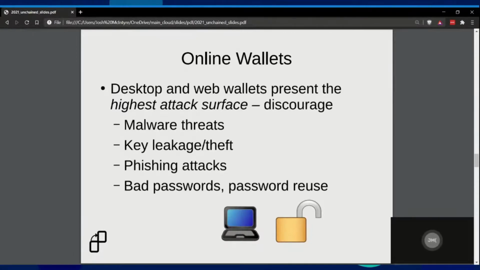I'm going to talk a little bit about that later in Let's Talk Threats. And of course, bad passwords and password reuse. There's a whole host of issues and a whole host of hacks that have happened for people that reused a password all over the place. That password got leaked and cracked as part of a password dump data set.